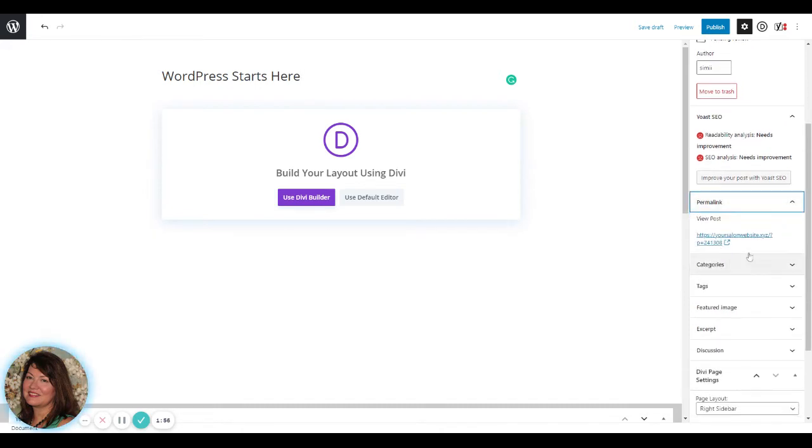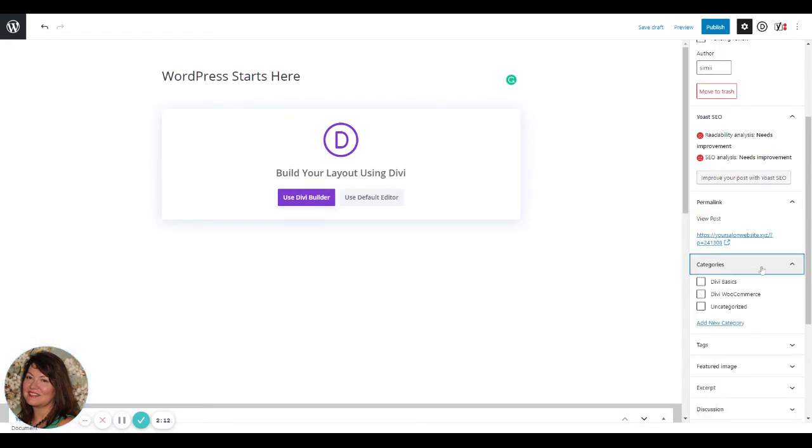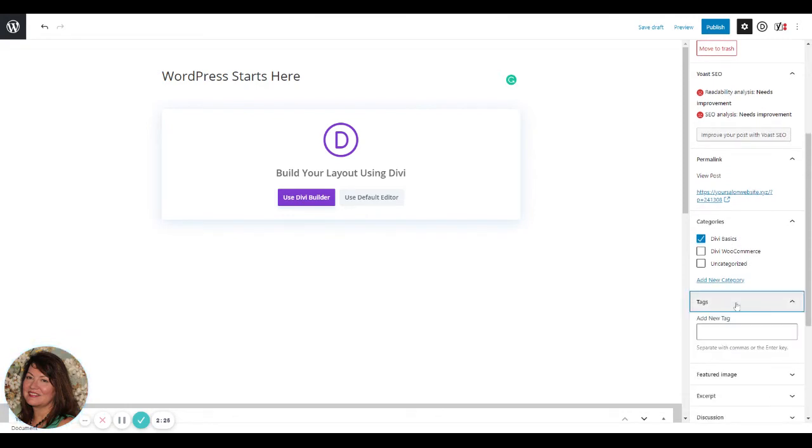Permalinks is where your actual link to your blog post will be, and so you're going to have a URL that is going to have, WordPress starts here at the end of it because that's the title once it's published. Categories is another section, so we've got a couple of categories here. We're going to choose Divi Basics, and it will show up under that category on the page or in a search. Tags has to do with the content of